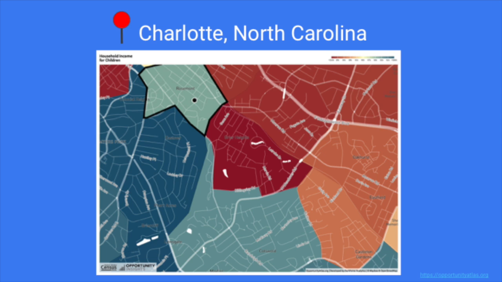To find an example of the importance and relevance of capabilities, we looked at Charlotte, North Carolina on the Opportunity Atlas. There is a road connecting two neighborhoods. The one on the left is one of the highest earning neighborhoods in terms of income, and on the other side of the road is one of the neighborhoods with the lowest earnings. Charlotte is known for having an abundance of opportunities available, yet these capabilities are inaccessible for people living in low-income neighborhoods like the one on the right.